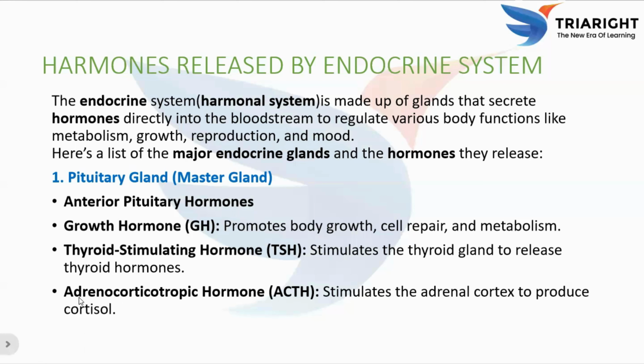The next one, adrenocorticotropic hormone, simply ACTH. The function of ACTH is to stimulate the adrenal cortex, the outer part of the adrenal gland. As I told you, the adrenal cortex is the outer part of the adrenal gland. It produces the cortisol hormone. Cortisol helps the body respond to stress, maintain blood pressure, and control blood sugar. For example, when you are stressed,